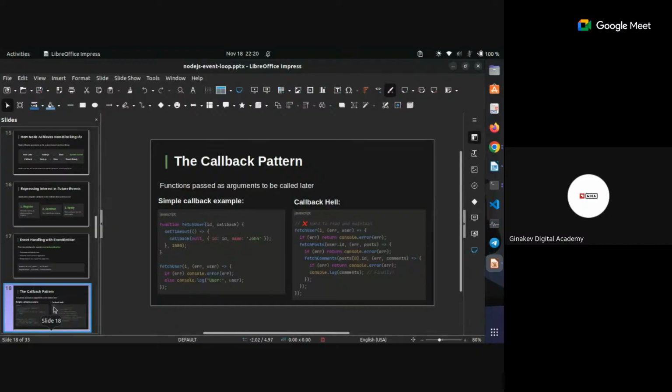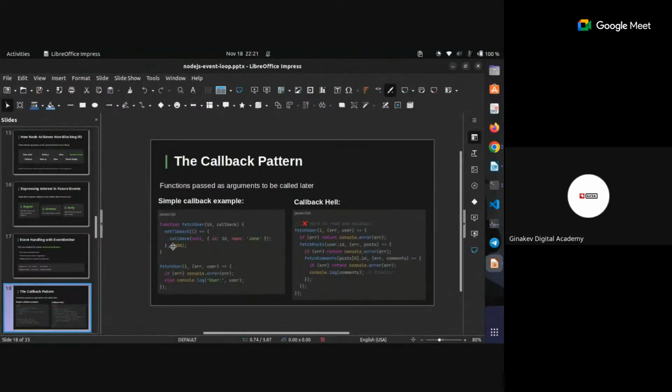And then the callback pattern. Yes. So all those callbacks that you were asking me about a while ago, this is basically how you define a callback. Okay. So a callback is just basically a normal function. You understand? It can be this fetch user function. It can be the argument of fetch user function. It can be anything that is a function. Understand? That is passed to that function